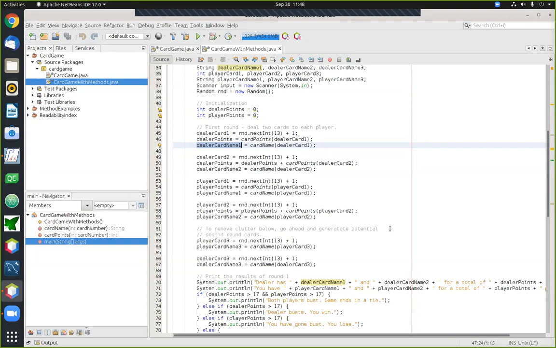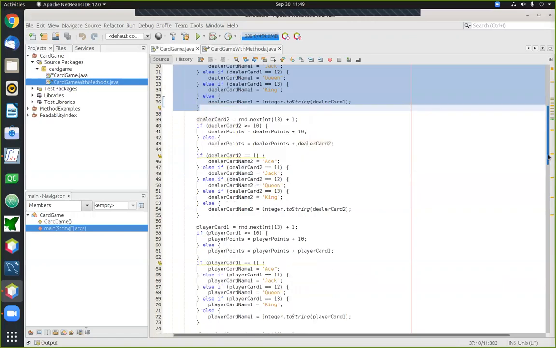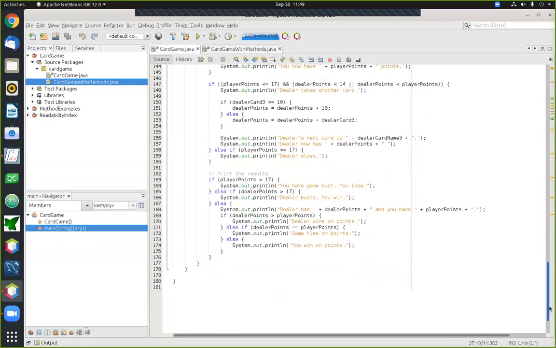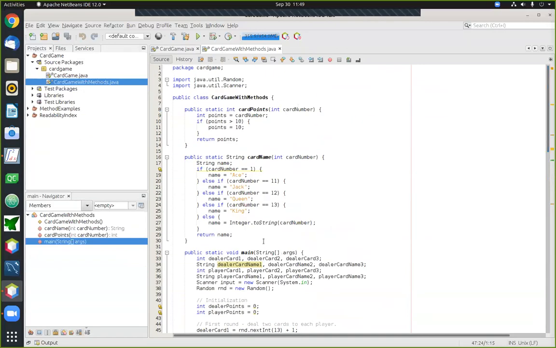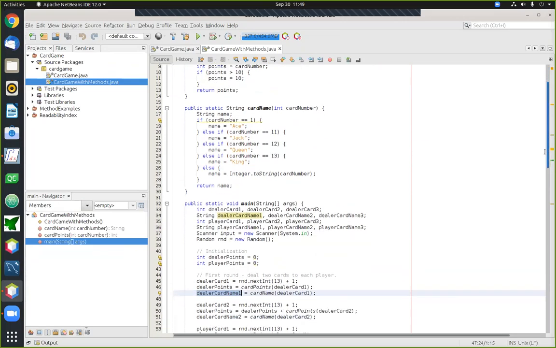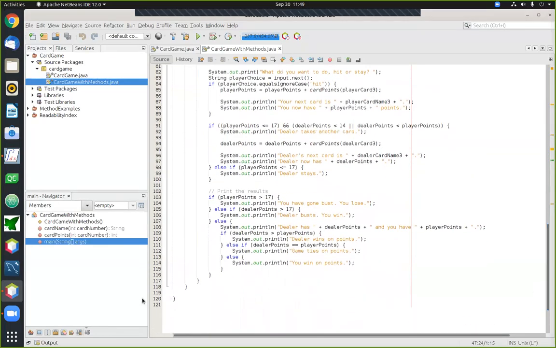Right, and if you compare these two solutions side by side, the original solution that didn't have methods, if you go down and see how many lines it takes total to do all of this, it takes about 180 lines of code to do the whole thing. Whereas if we go to the version with methods, even though the methods themselves take up a little space when you write them, the payoff is that when you use them, they save a lot of space, and at the end of the program, we end up using only 120 lines of code.